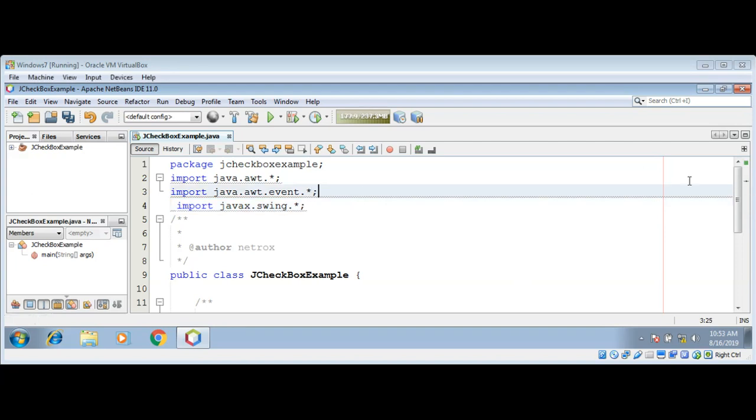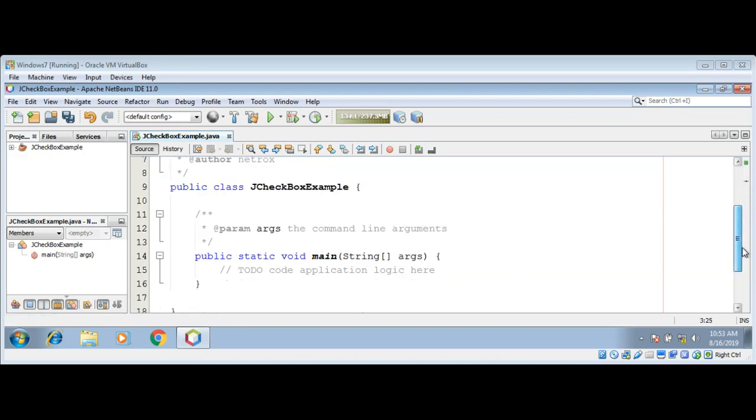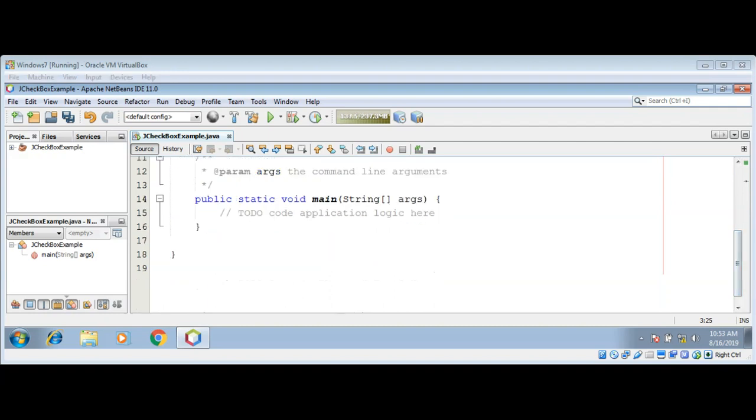There's a semicolon missing over here. Now I will create the constructor. Before that, I need to